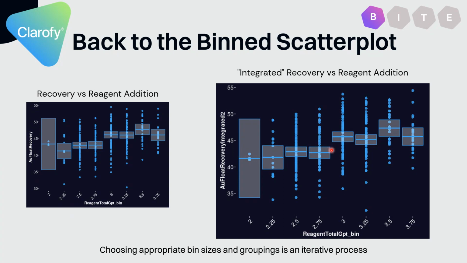It's hard to tell on this graph because the notches are at levels of 5, but there is a slight difference. And with these secondary bin scatters, once you go through integration and come back to bin scatter, you might be starting to form an operational recommendation in your head. If this was me, I'd be like, that's a big jump. I think we should test higher than 3 gram per ton and lower than 3 gram per ton as two groups, and would that actually have a statistical significance in means?